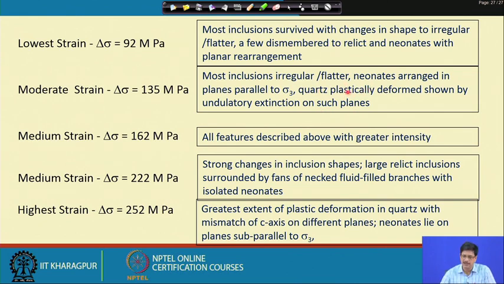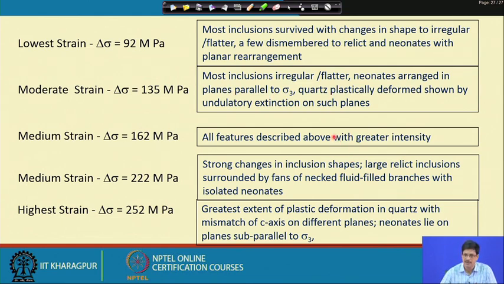of the fact that the water, which is preferentially lost from these newly created inclusions, the neonats, does escape, and then it facilitates the plastic deformation within the host quartz grain, which very clearly comes out to be different from the rest of the quartz grain in showing undulatory extinction on such planes. So, when it is medium strain, about 162 megapascal, all the features described in step 2